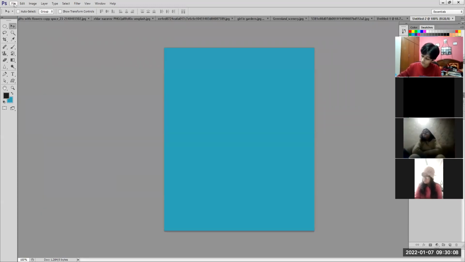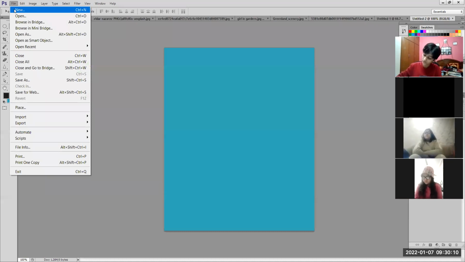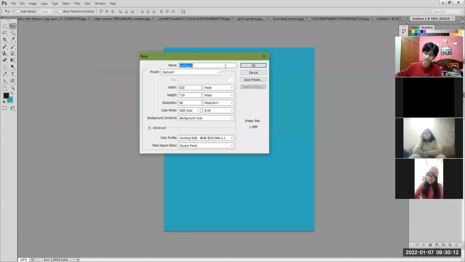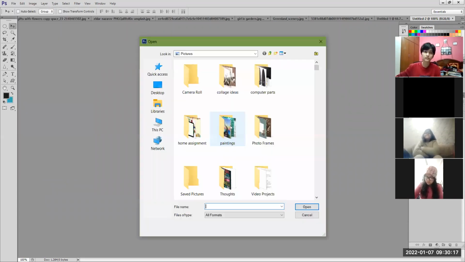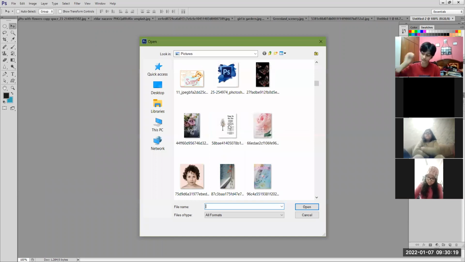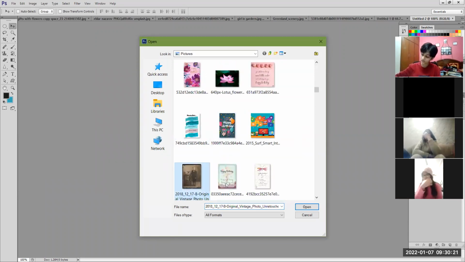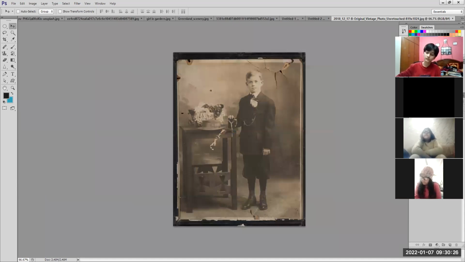Now, when I click on file menu, open option, what will happen? It will give me the open dialog box. I will select any image that I want to open and click on open. Now this image is open. In the layers panel, you will see there is only one background layer, and this image is in the background. ठीक है, ये background में आ गई है हमारे पास, ये एक ही layer है, background layer, one image is there.